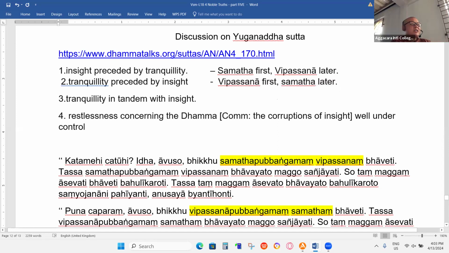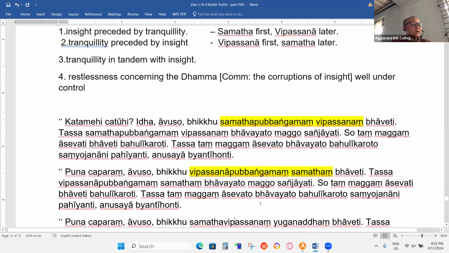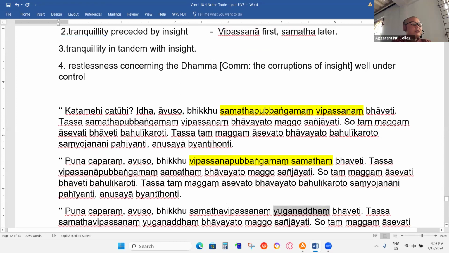Just practice vipassana. And some say, what is jhana? Jhana is at the moment you gain enlightenment, automatically your mind will be unified at the moment of enlightenment with the object of nibbana. So you simply don't need to think about any tranquility. You just practice vipassana. So it's the same. But according to the sutta, you also can practice